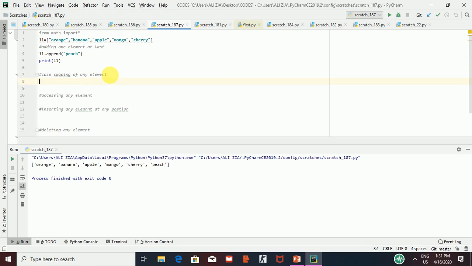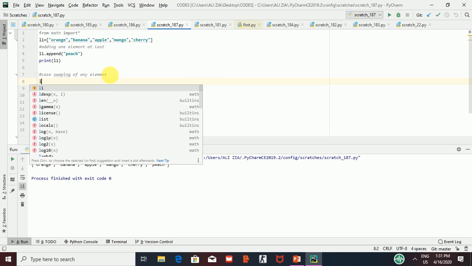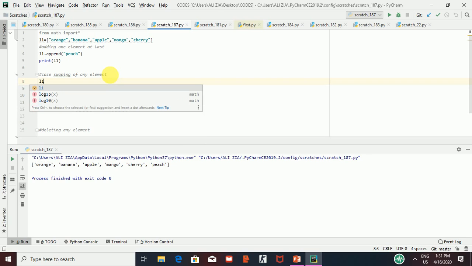Now what if I have to change the case of any particular element in a list? Then what I have to do is I will write L1 and then I will give the index. Since in my previous video, which you can see in my channel playlist, I told you that the index in a list starts from 0.